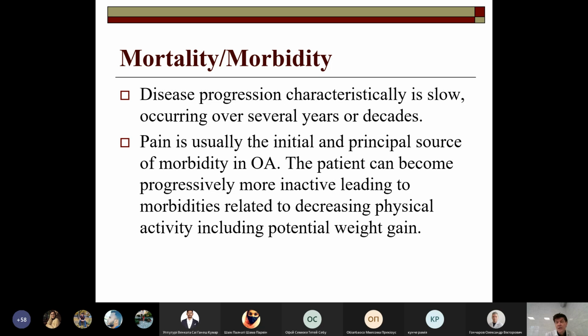So this progression is identified as the mounting up of new characteristics of joint degenerative